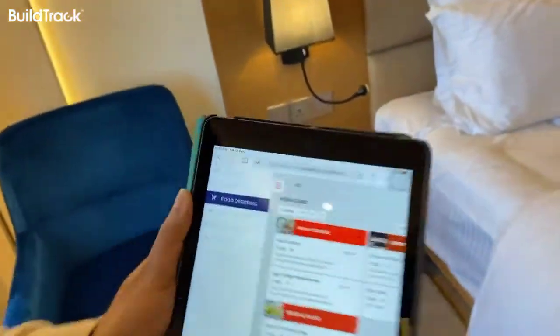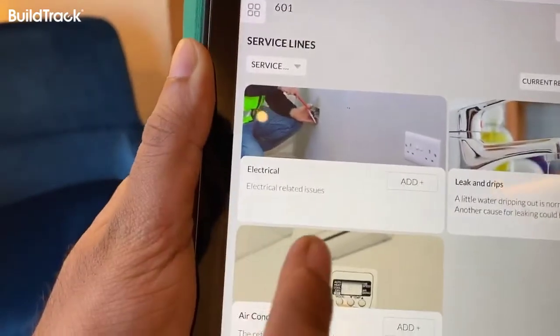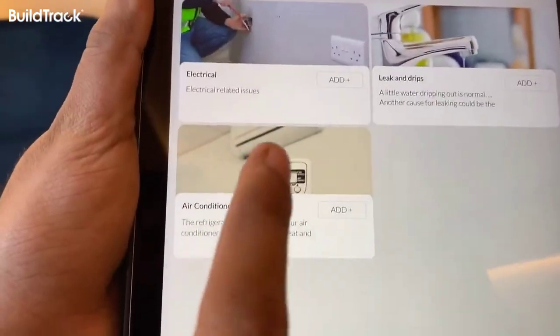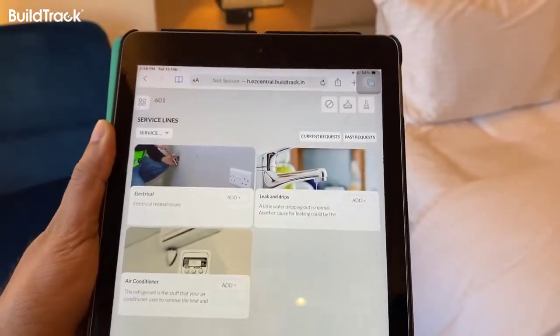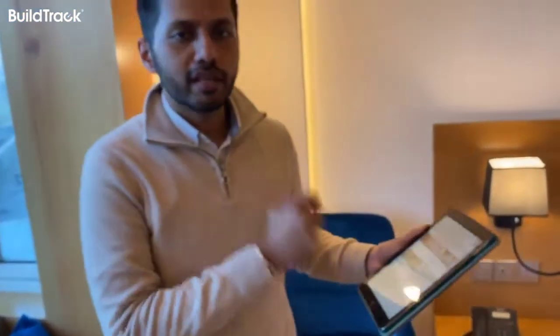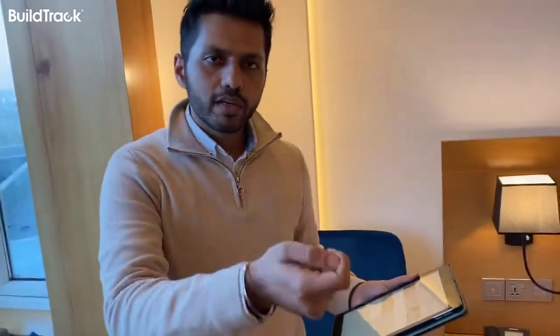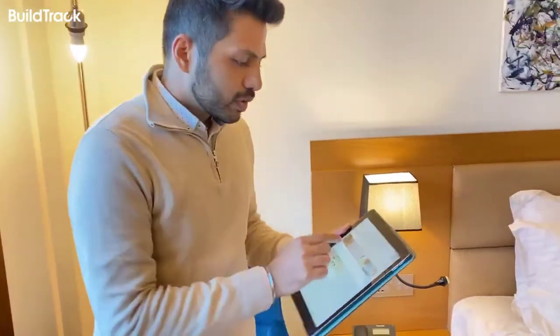In the same app, you can see there is an option for service request. This is again a very unique feature. If you want to place any service request like electrical, air conditioning maintenance, or towels, or let's say you want to check out, you don't have to call, because each and every request and complaint will be registered with the hotel console unit. So there will be complete accountability. Whatever you send as a request to the concierge services, everything will be recorded and accountable. So this was the function of the app.